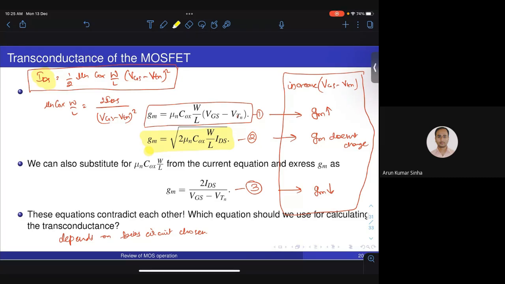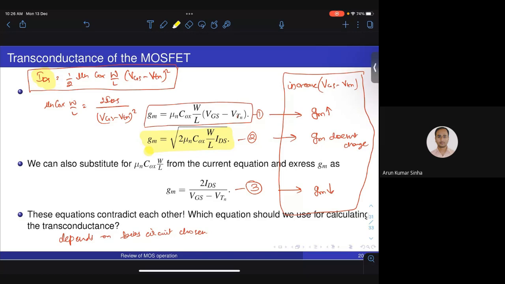For example, in a differential amplifier, which you might all be familiar with, the input common mode doesn't change the gain of the circuit. It has very good CMRR. That's what we keep talking about. What that means is that the gate to source voltage is determined by the circuit itself, but the biasing circuit is what fixes the GM. And if you're using a transistor in a circuit where the IDS is fixed by the biasing circuit, then you will use equation 2 for calculating the GM.